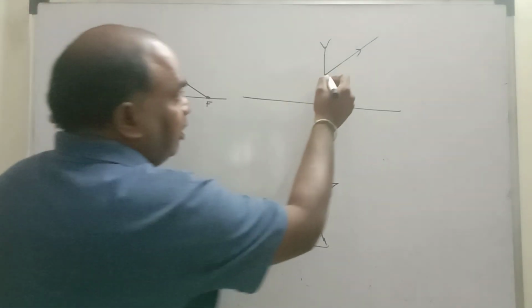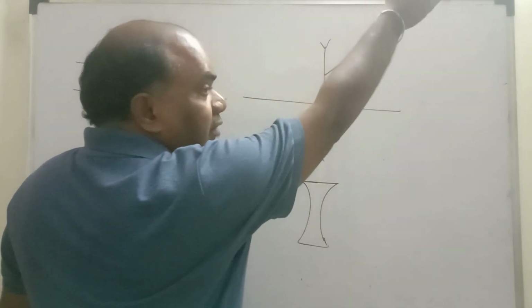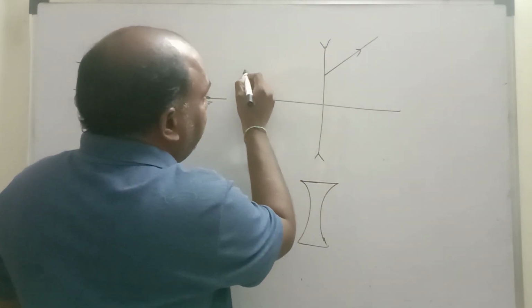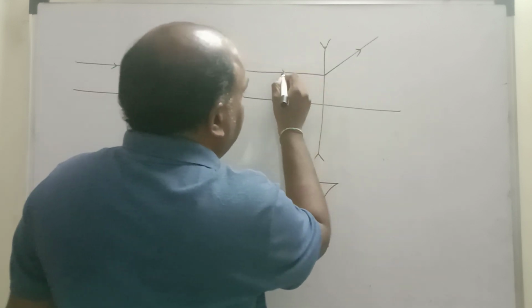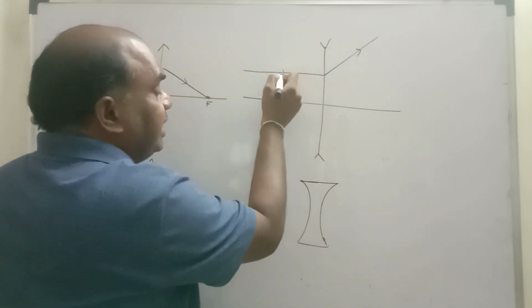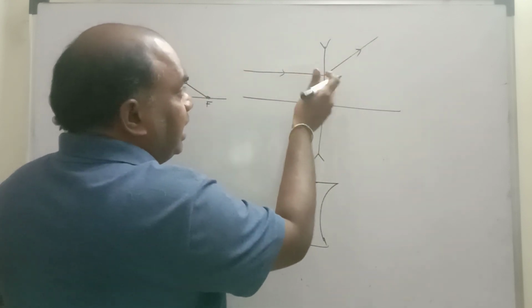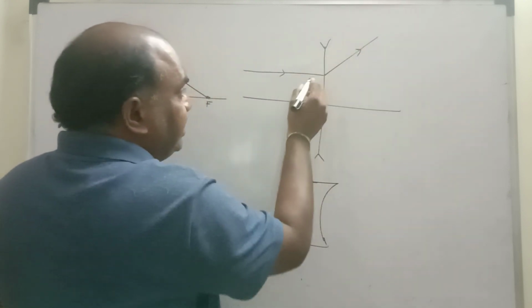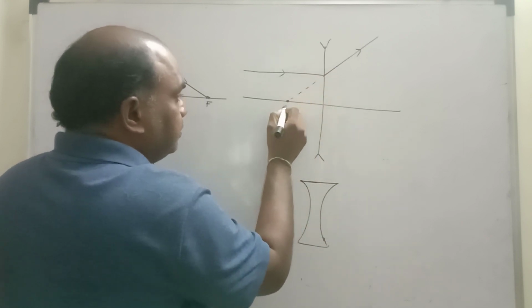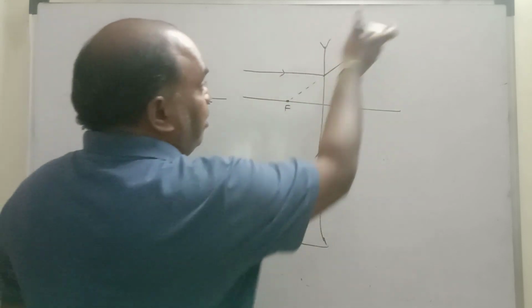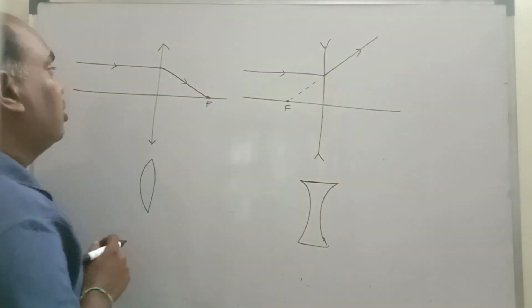Now the arrow mark is going away, so it is nothing but a diverging ray. For a diverging ray, you have to draw a parallel incident ray. This is the parallel incident ray you have to draw, and the refracted ray they have given. If a parallel incident ray after refraction diverges and seems to meet at what? Focus. Understand, children? A parallel incident ray after refraction diverges and seems to meet at the focus.